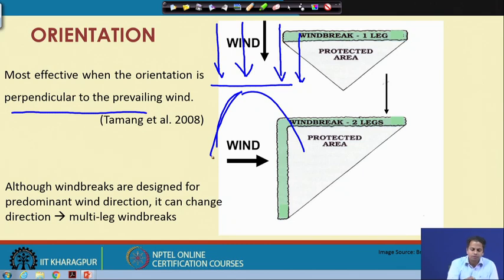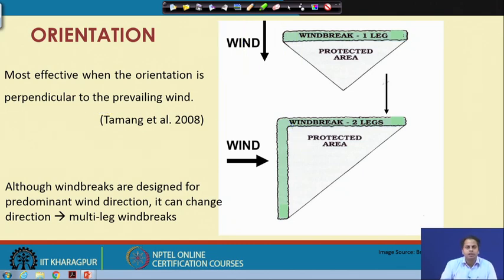Sometimes, even when you know the predominant direction, it is not always true that the wind will only flow in that direction, because wind is a climate variable that often changes its direction as well as its magnitude under the influence of large scale processes as well as local scale disturbances. So, wind direction and magnitude change, but the predominant direction will remain the same.